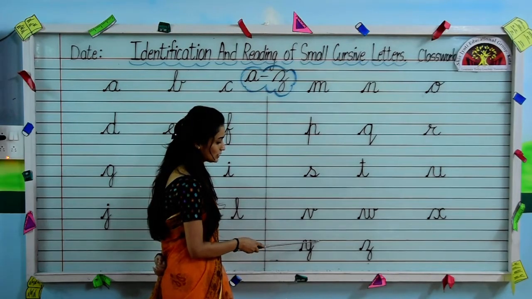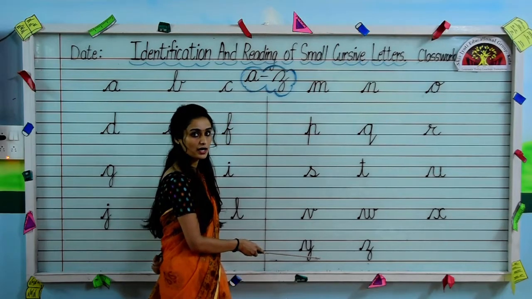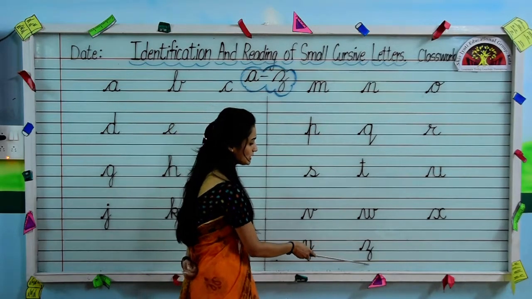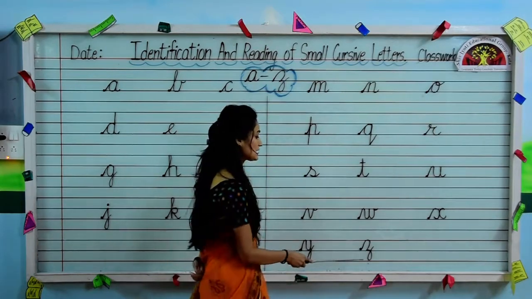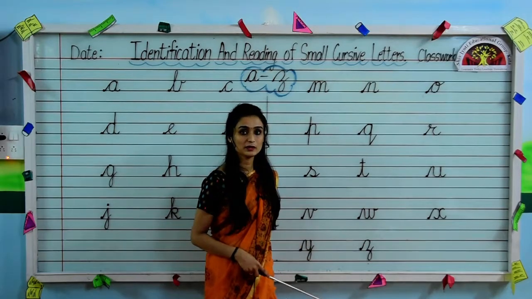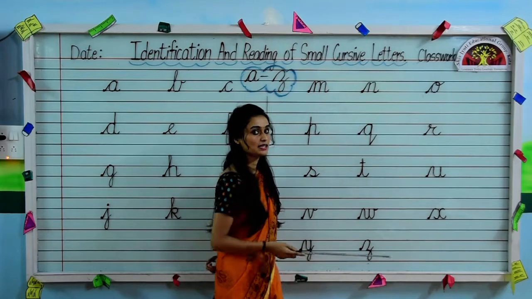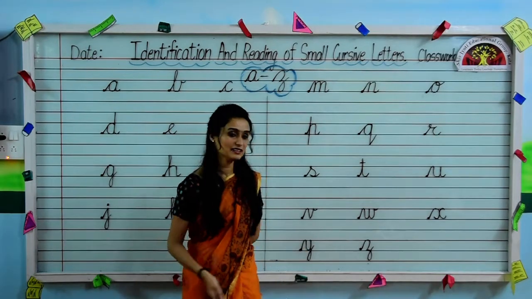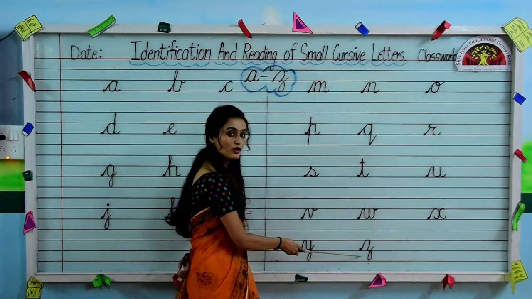This is written between the last three lines. Second, third and the fourth one. Okay kids? Now tell me the last letter. Fast, you all know this one. This one is Z. This is also written between the last three lines. Second, third and the fourth one. Z for zebra.